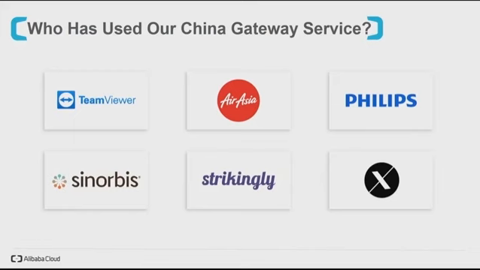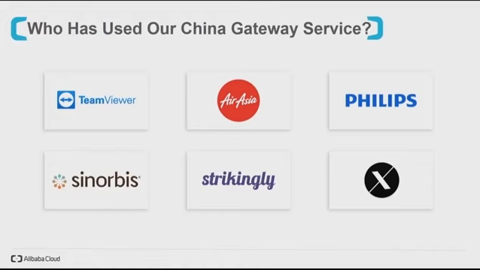There's a couple here, small ones and big ones, and I'll talk through them in various stages. From TeamViewer, they have a global business. They provide a solution that people can access their data from anywhere, anytime, and any place. A lot of their multinational companies are based in China, so they wanted to provide that service there with appropriate performance. They put some local app servers into our cloud there, and based on that, they were able to significantly reduce the latency and provide performance similar to if they were in the US, Australia, Europe, or other parts of the world, by investing locally in Alibaba Cloud.